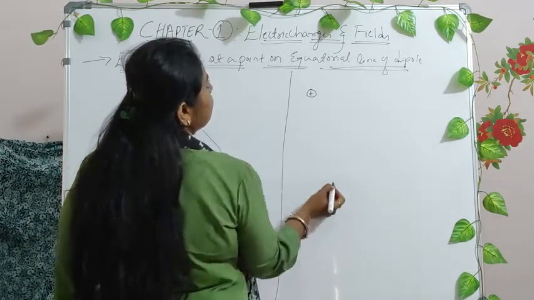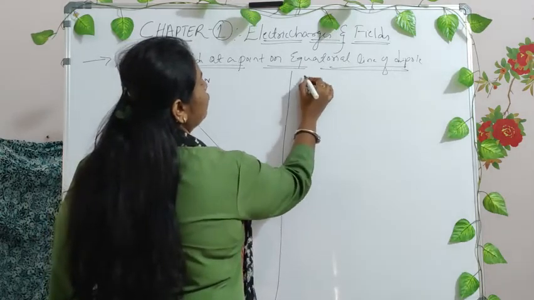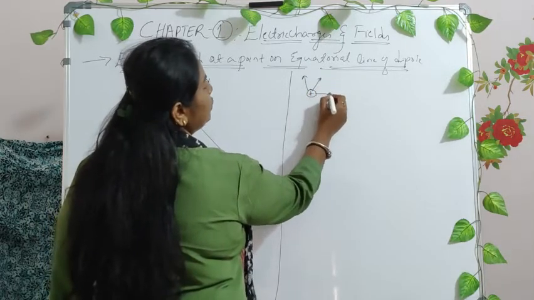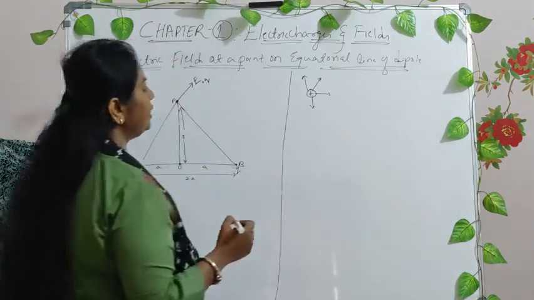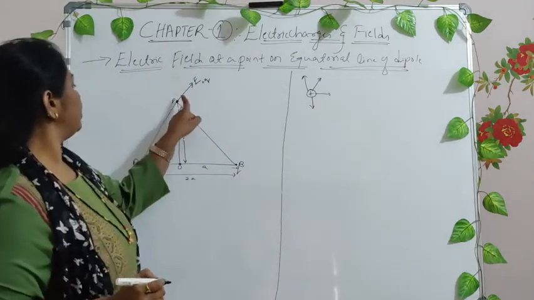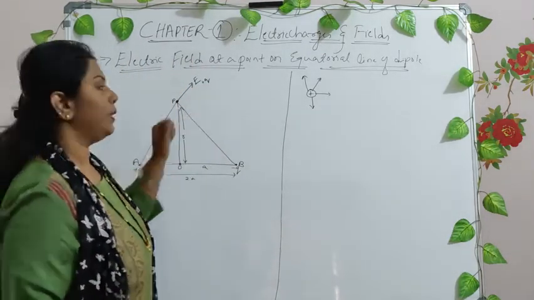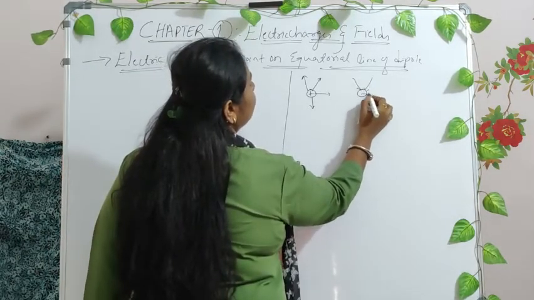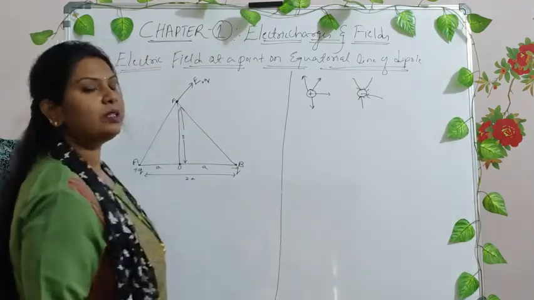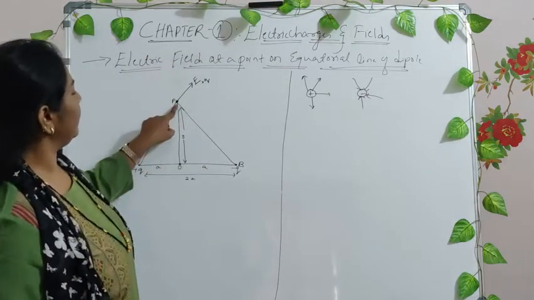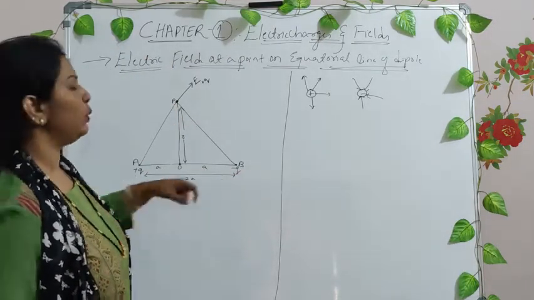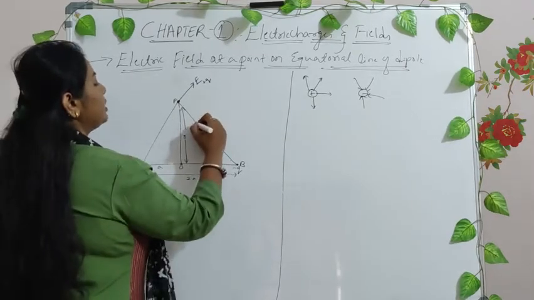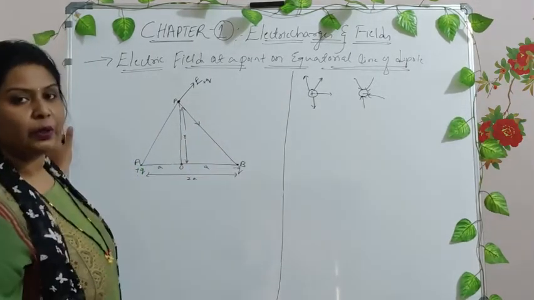In the very last class I told you that all the electric field lines from the positive charge move outward in direction, and hence the electric field at this particular point will be directed outward, right? And when we consider the negative charge, all the field lines go into it, right? It is towards the negative charge. Now what is the electric field at this particular point due to the minus q? It is towards minus q, so it is in this direction, right?